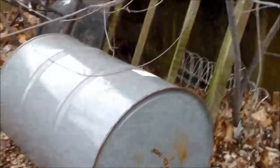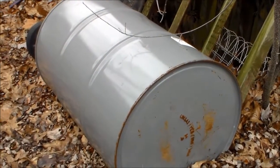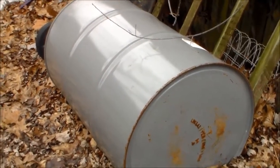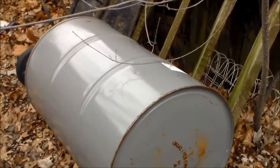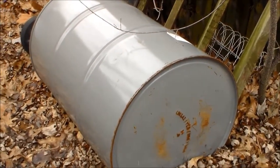I had a couple suggestions about the steel barrel. I don't know if anybody wants to comment on that or not. It's up to you. I was thinking about making a burn barrel out of it. That is traditionally what we did with steel barrels. Others have suggested adding it to the rain catchment, but I'm not sure what was in it. I believe it was petroleum, so I don't want to contaminate the aquaponics system once it's up and running. I was also thinking about doing composting, but again with petroleum,